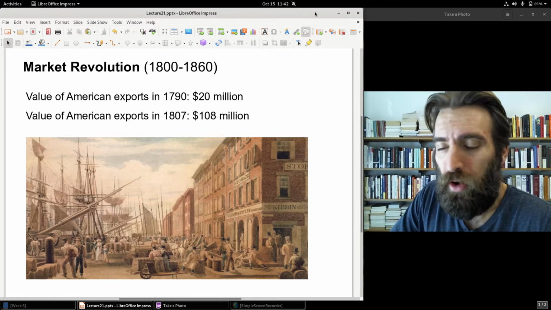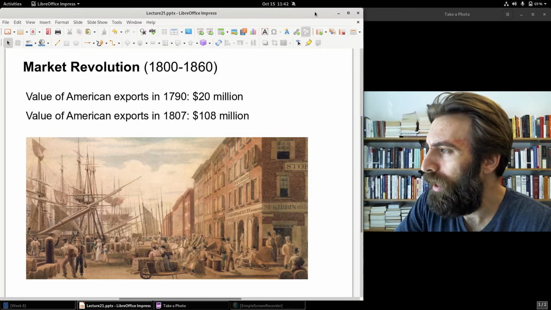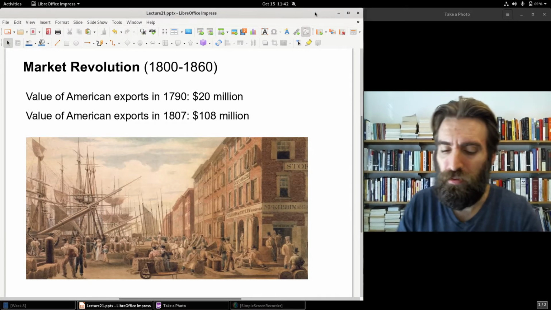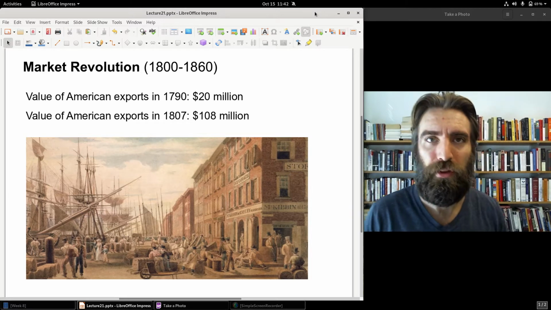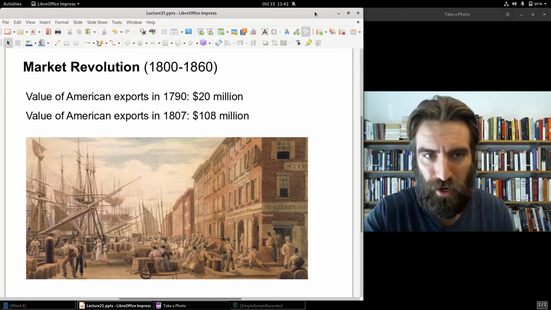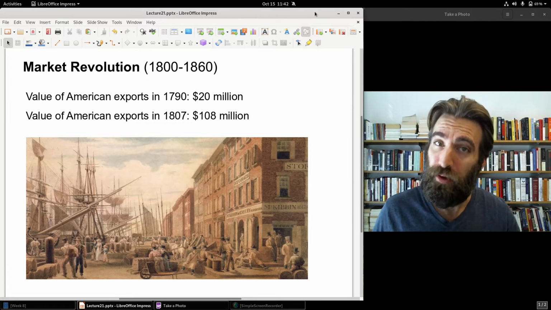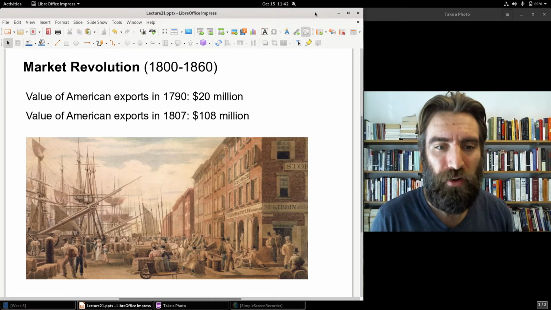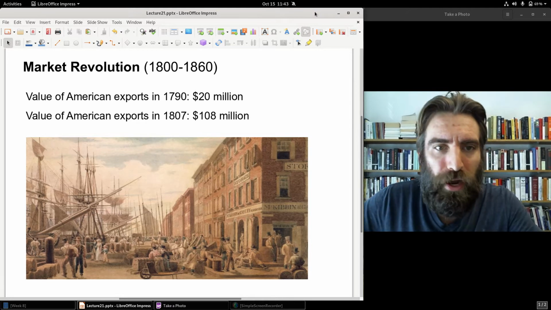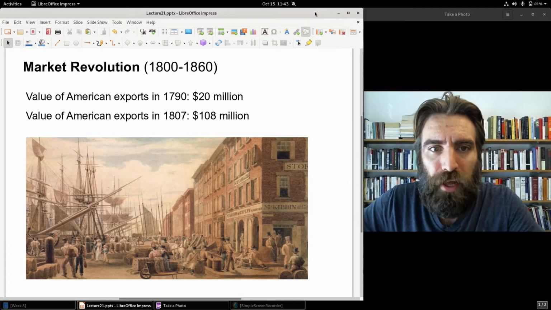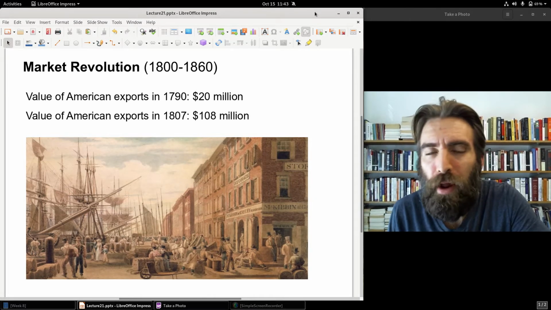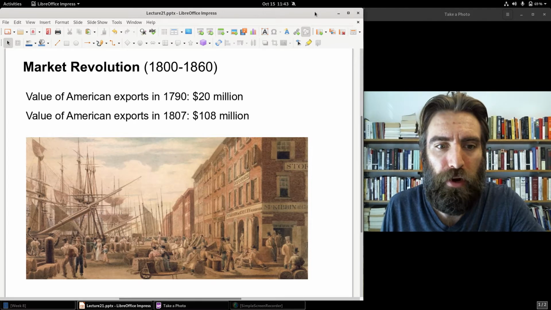goods and foreign trade because of foreign policy blunders associated with the Napoleonic War, impressment of sailors, and all the rest. Won't go into that detail, but that's why 1807. Stop it there, because there was a period where foreign trade collapsed a little bit, but then it rebounded right back to where it was prior. But that's quite a jump. That's more than 5 times greater than 1790 within a relatively short period, within a generation.